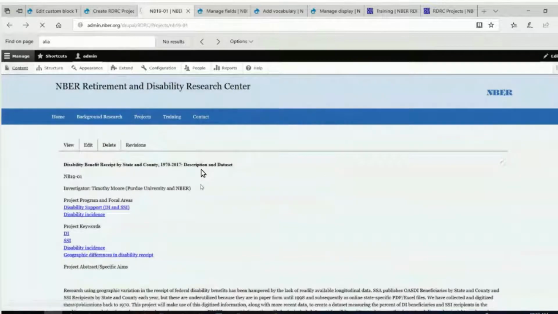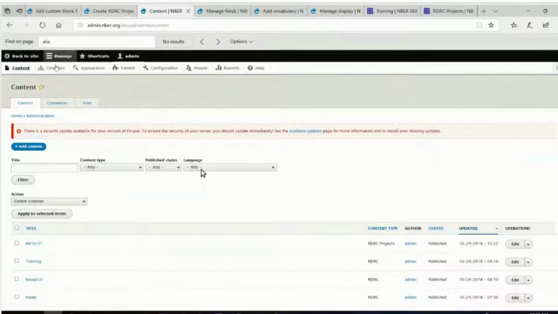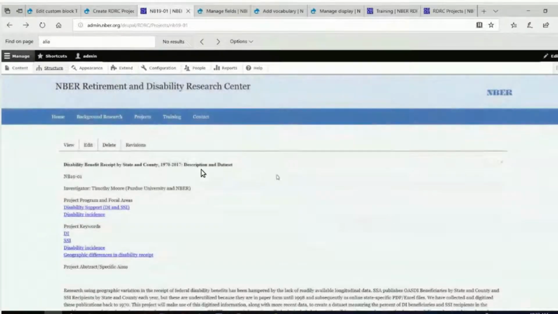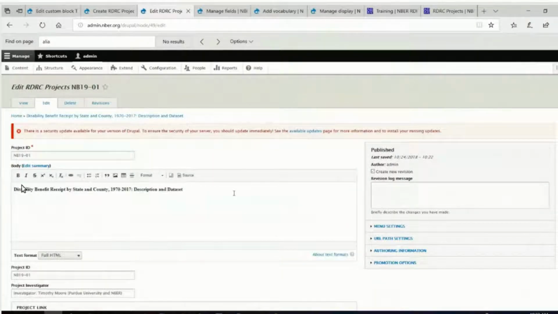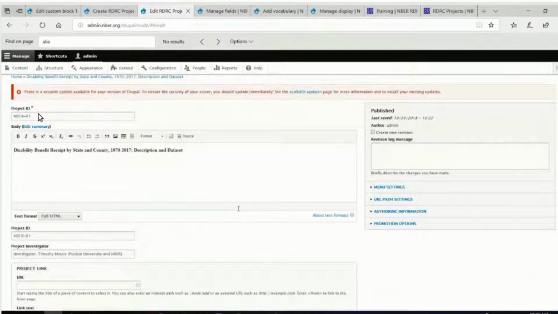Now the funny thing that's happening here is, where is the title of this? It looks like the title is not being displayed. This is the title. No, that's not the... Can you click edit again? So that's your body, the disability, whatever. The project ID, the name, the title. That's the title field up there. That's the required field for everything. That one is not being displayed right now. So let's go back to... I think your block settings are not displaying that title. So